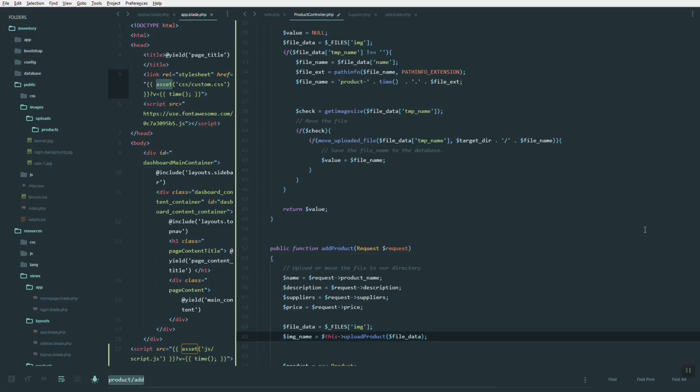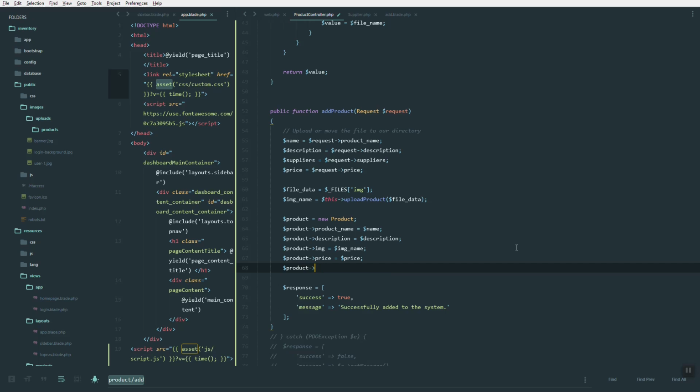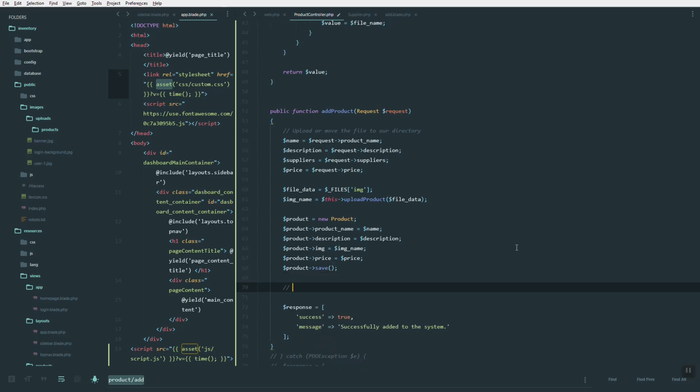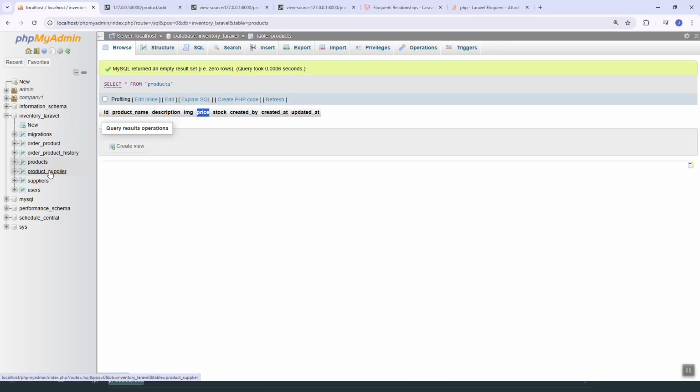So the image is now good. Now here we can just go to save. This will save the data in our database. For the supplier, we are going to use,